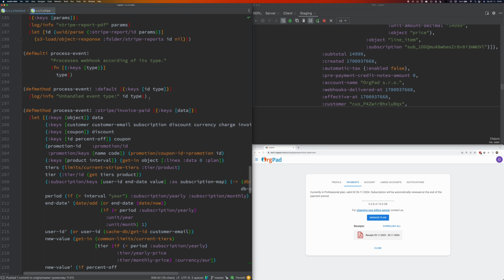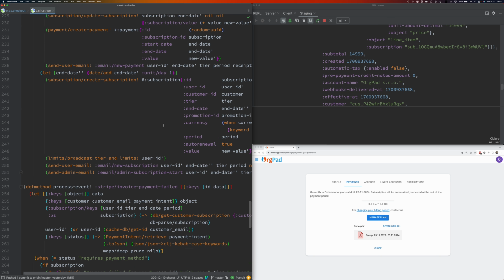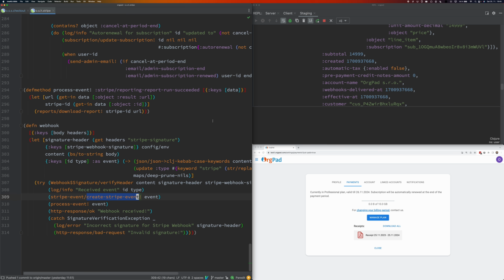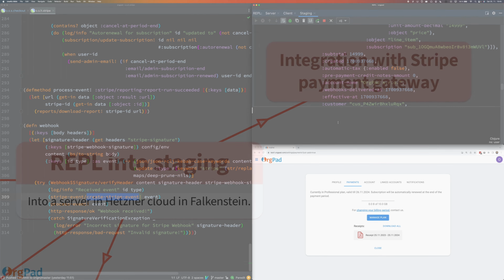There is invoice paid, and there are some others which are not handled, but we store everything. So this is how we process webhooks, and this code was completely written using our staging server, where I was writing the stuff and reloading the code and testing it out with Stripe like this.